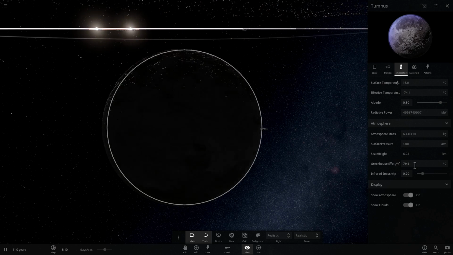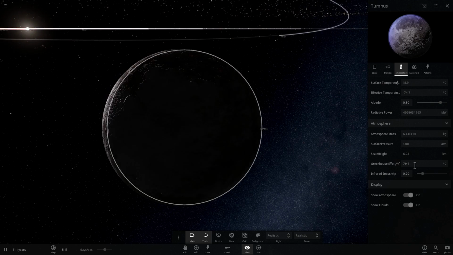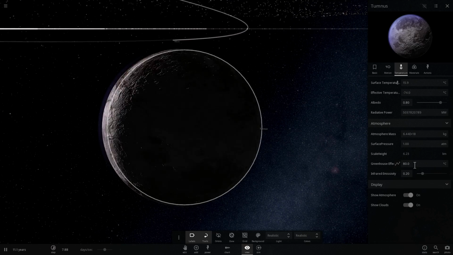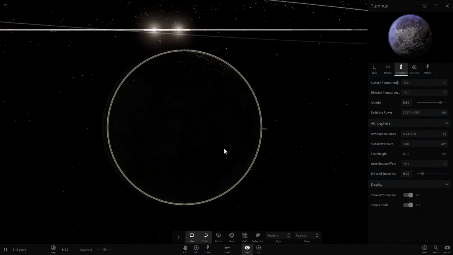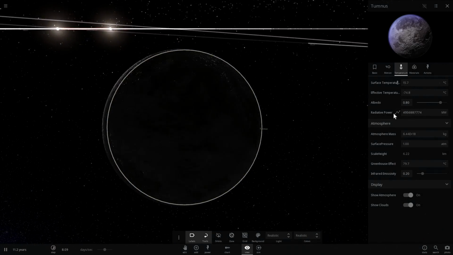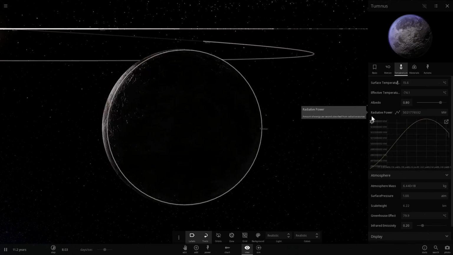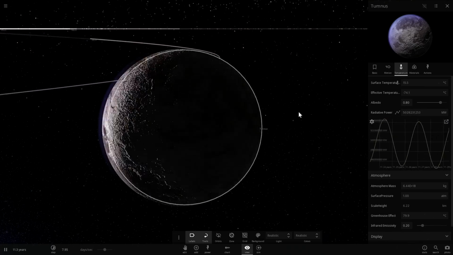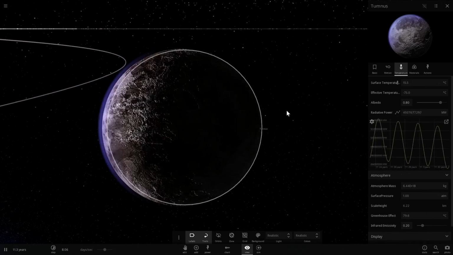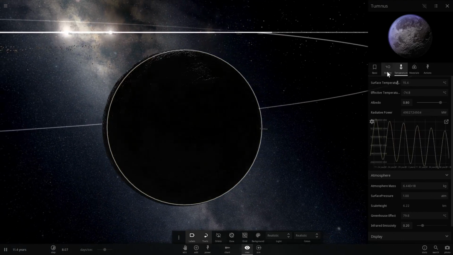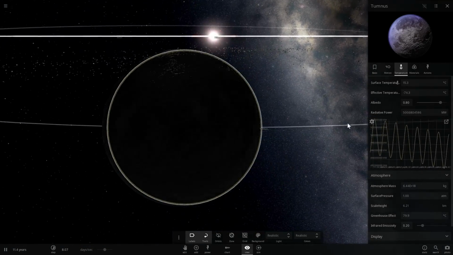Its greenhouse effect changes dramatically. Well, not dramatically, but it does change because of the fact that there's two stars, and here radiative power, as you can see, goes up and down a lot. That's basically the amount of light it gets from the two stars it's orbiting. Now that's obviously seasons, so seasons here are going to be